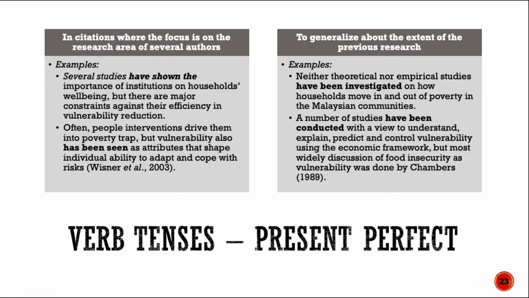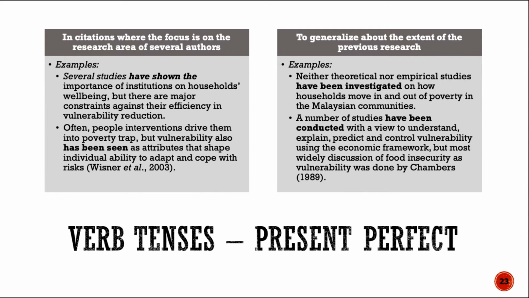Then also we can use the present perfect. When we use the present perfect in citation, the focus is on the research area of several authors. When we have several, we can say several studies have shown the importance of institutions on household well-being, but there are major constraints against their efficiency. And you may list those studies. Or you can say often people and interventions drive them into poverty,